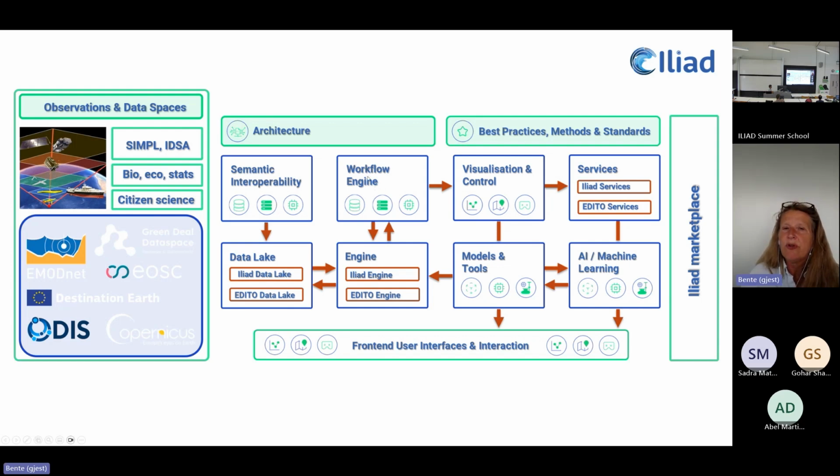Then you have a workflow engine, setting up the engine to run your processes. Then you have the visualization, the models and the tools. You see here it goes in a loop. And finally, we spit out some services, also using artificial intelligence and machine learning. In Iliad, we put everything